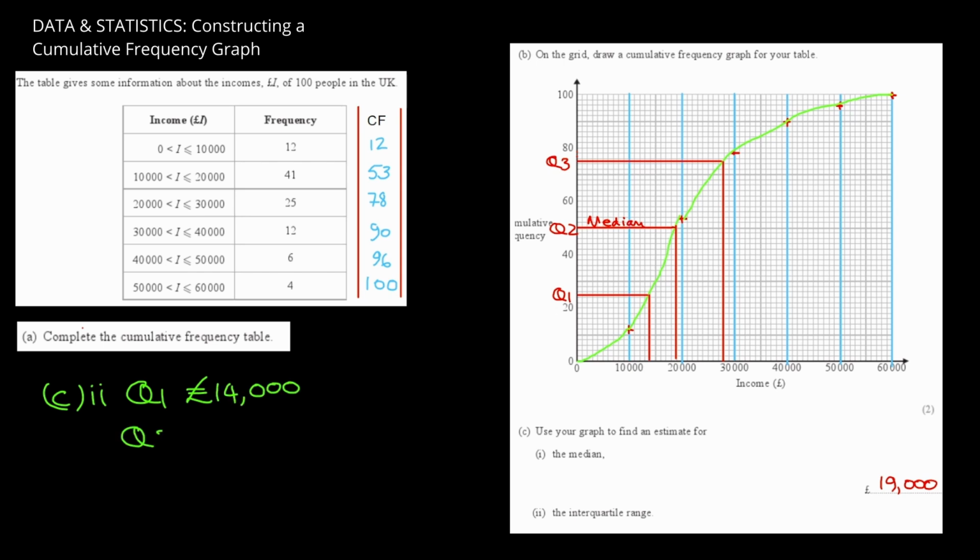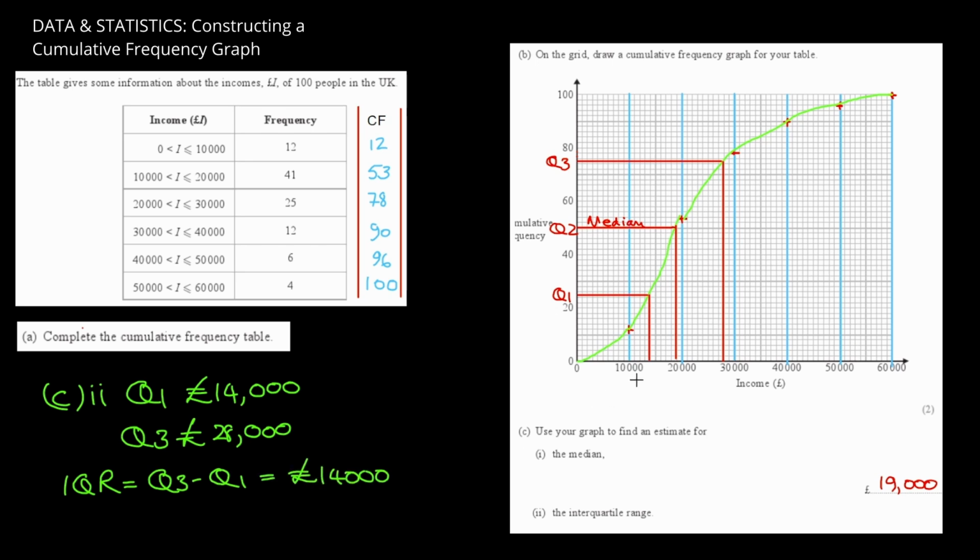And Q3, again reading off the graph, I've got £28,000. So from my figures, the interquartile range, IQR, which is equal to Q3 minus Q1, my answer I get is